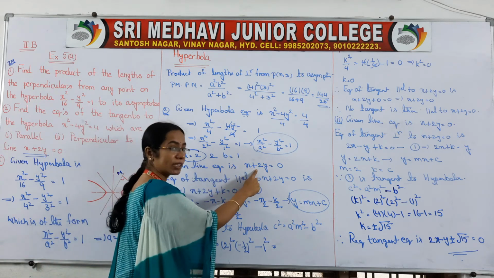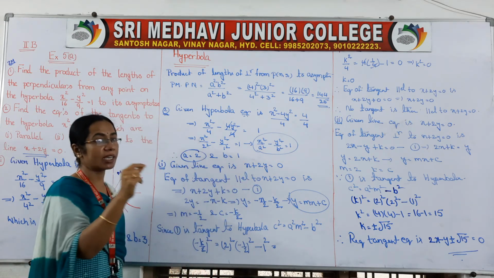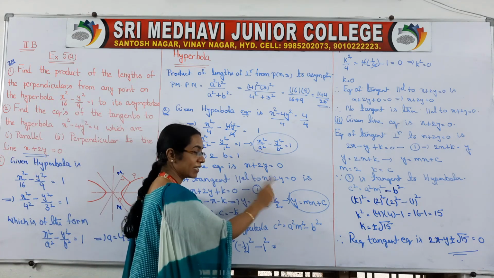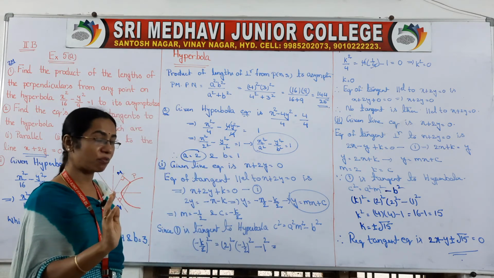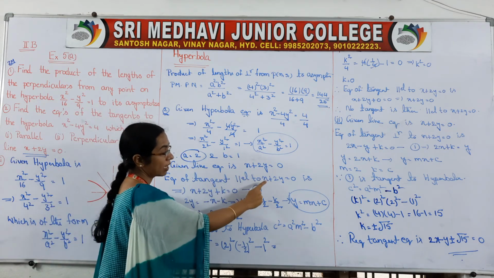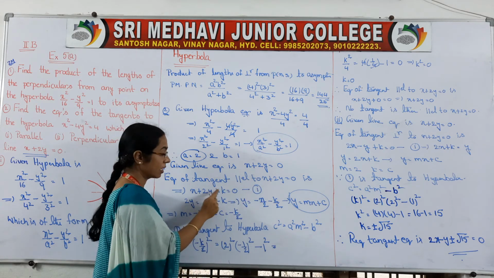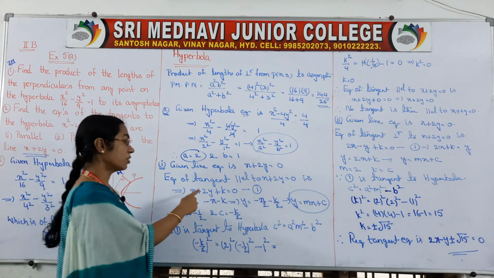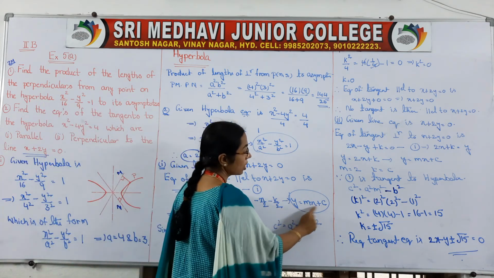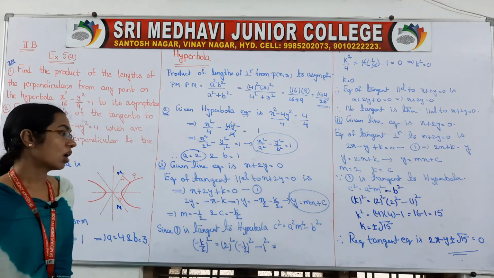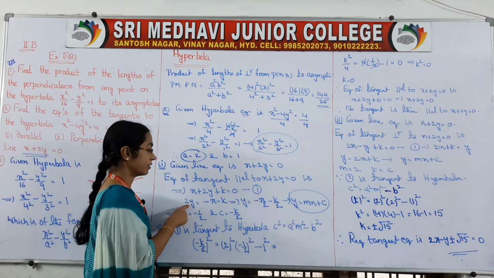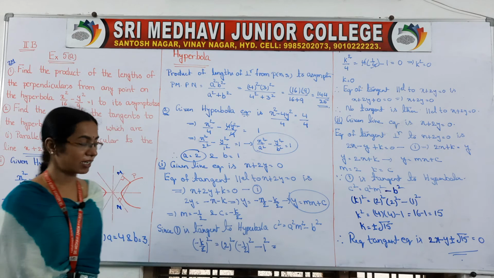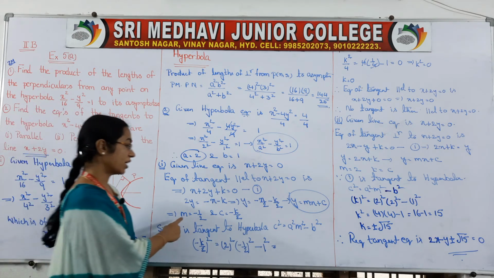After that, for the first part, we have to find the equation of the tangent which is parallel to this line. If we want to write any line parallel to another line, the x and y coefficients will be the same, right, and the constant will be different. That is why the equation of the tangent parallel to this has the same x and y coefficients and the constant is k. Now try to write this in the form y is equal to mx plus c. How will we write it? We can write 2y is equal to minus x minus k, then y is equal to, send the 2 to the other side, compare, and you find your m and c.